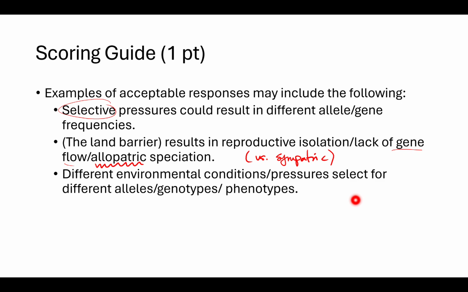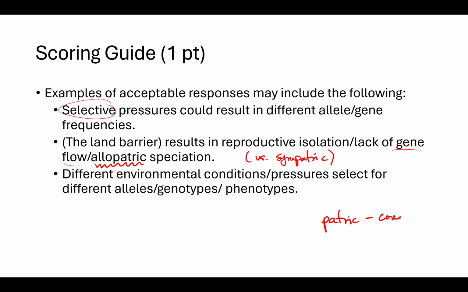And sympatric means that there's no physical barrier isolating them. Usually there's something like a genetic barrier or a reproductive barrier that does not have to do with physical separation. And if you're like, I don't know how I can really remember that,